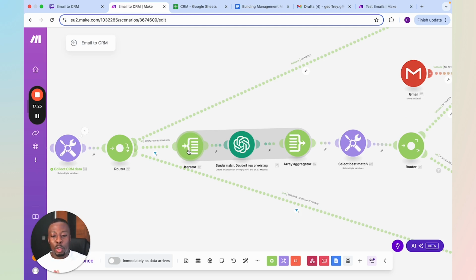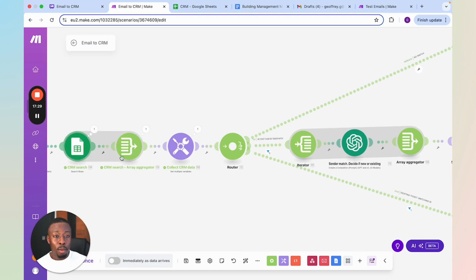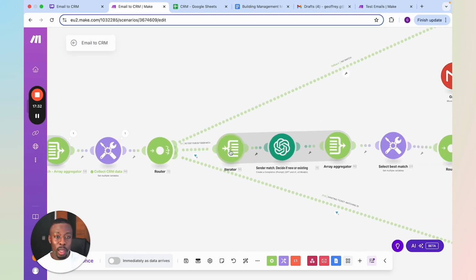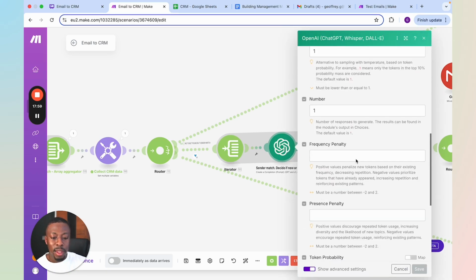Now, the reason you do need to use an iterator, and again, an iterator can also be when you look at rows on a database, but you can then manually do that as well. You need to do that because, going back to my example here, I can't assess the data when it's inside the filing cabinet. In order to assess the data within, I need to open it up. So this iterator is basically going to just unbundle all of those tickets, and then we're going to use ChatGPT or an equivalent language learning model, and we've given it the following prompt. We're going to say to it,